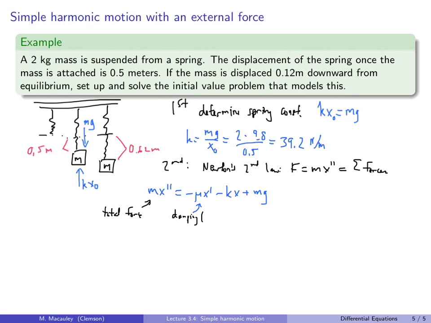And it's 0, so this is equal to 0. This, of course, is the spring. This, of course, is gravitational. So in this case, we don't have damping, so we can simplify our ODE. We can write this as